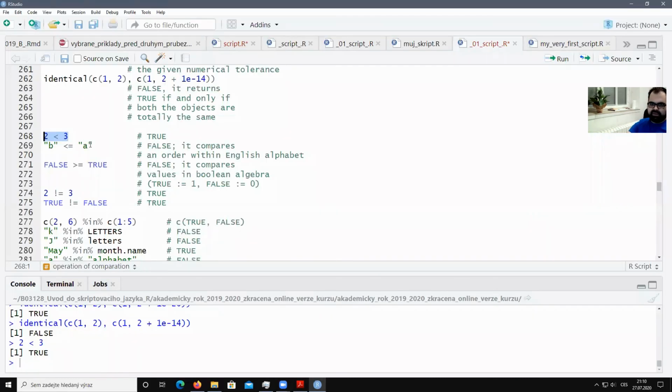Is it even feasible to compare letter B and letter A? I would say yes, because if there is a meaningful comparison or some sorted list, sorted tuple, which